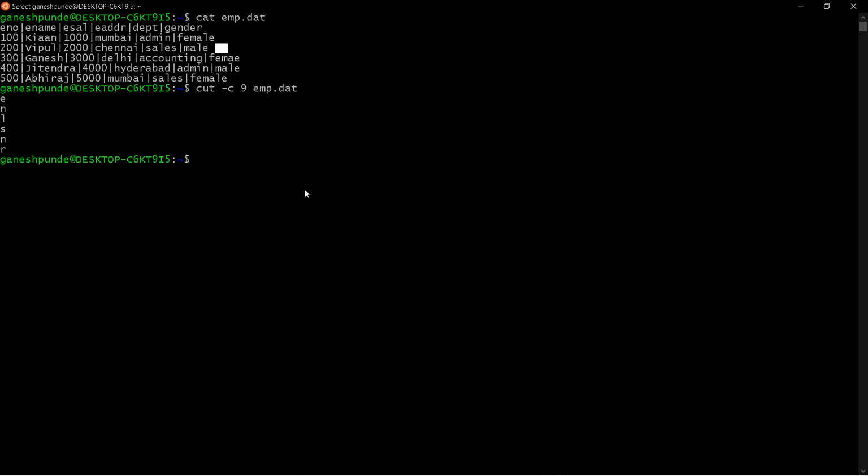Now suppose you want to display a range of characters in every record. So let's say the requirement is to display the fifth to ninth character in every record.